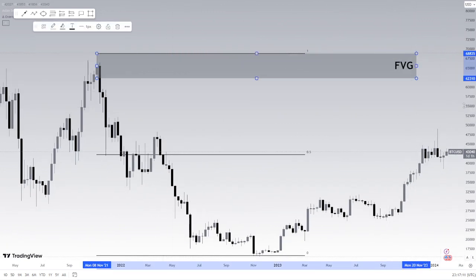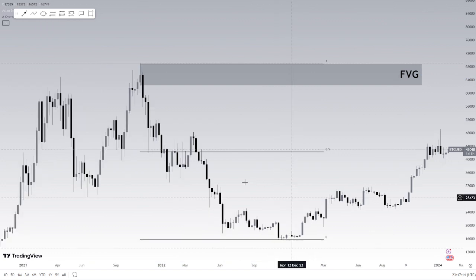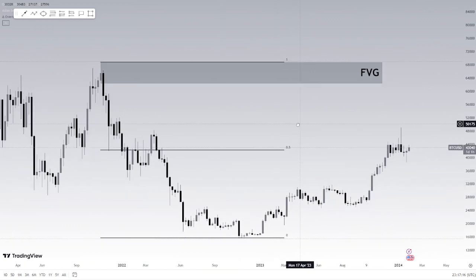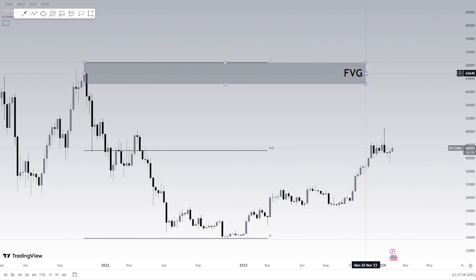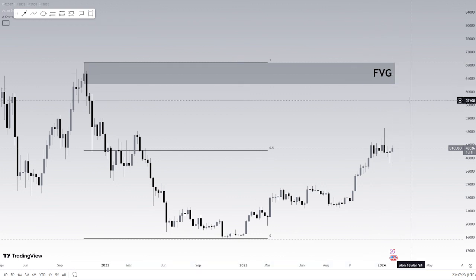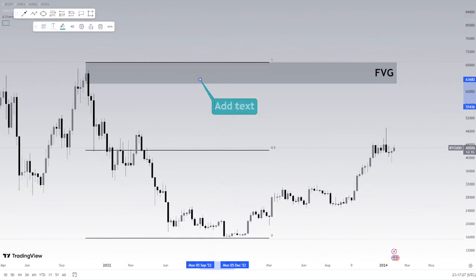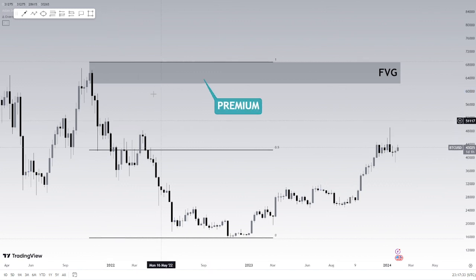So if I zoom out in price, we can see how that will affect our analysis here on Bitcoin. We have a fair value gap that I've delineated with a gray box over here, and I've labeled it FVG for short. We need to understand what makes this fair value gap significant in our analysis. We need to understand a couple of things that I went through at the start of this video. We're in premium. That's the first thing. We're not just in premium, we're in deep premium actually, because essentially this fair value gap is the highest in this structural leg, right?